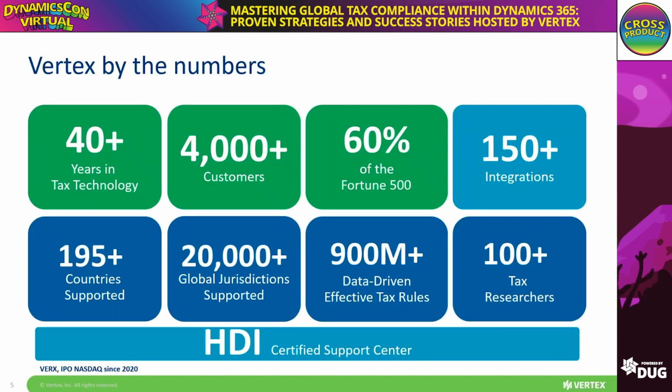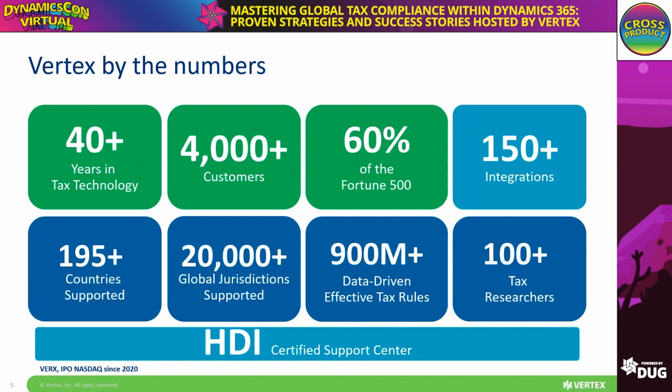All right, so if you're brand new and haven't come across Vertex, who are we and where do we come from? We are almost 50 years old at this point, providing tax automation specifically for indirect tax, and we've stayed true to that even to this day. We have several different solutions, which we'll get into, that cover your full end-to-end process for indirect tax, which is your sales tax and your VAT that you may need to be calculating or remitting worldwide.